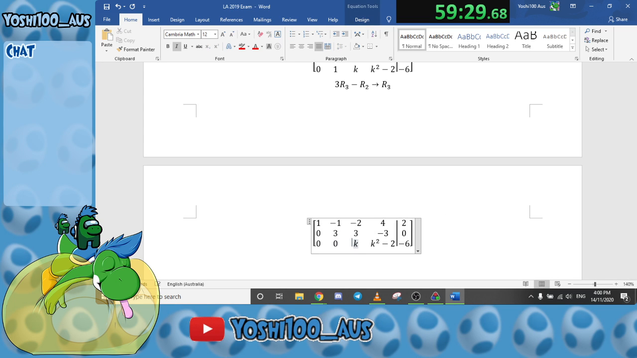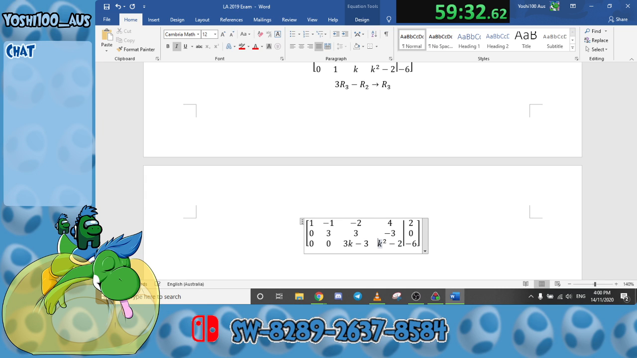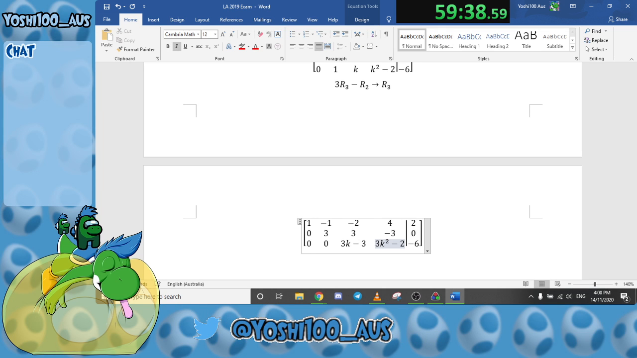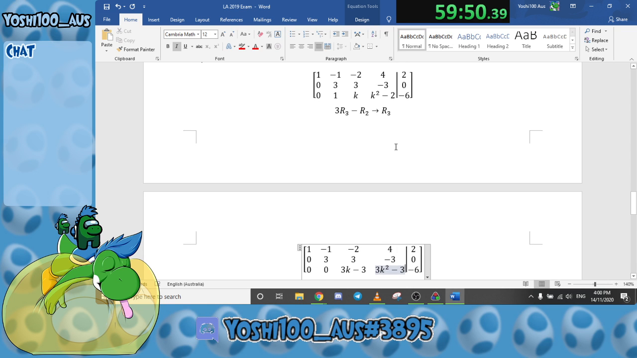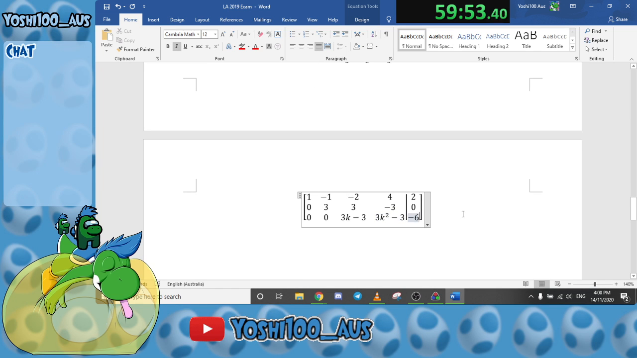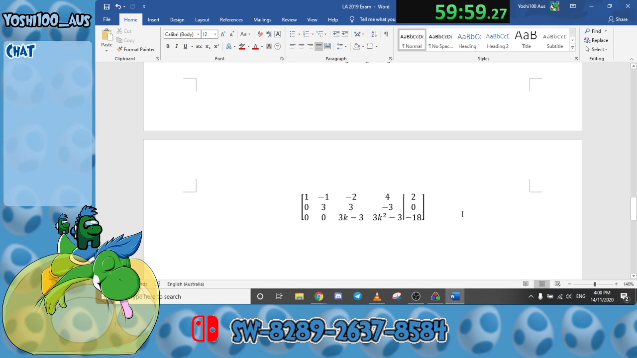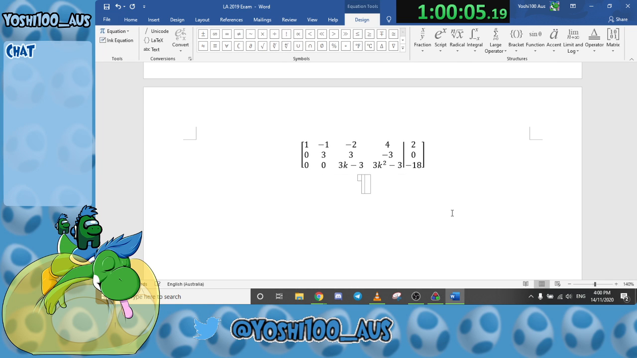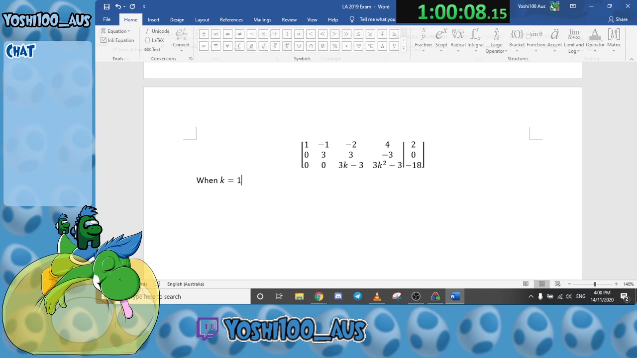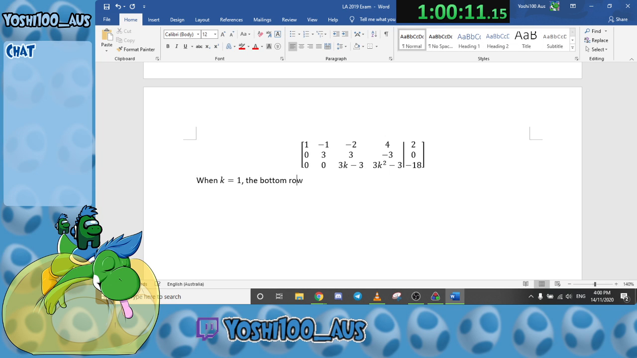So this is 0. This is 3k take 3, and this is, oh, this is big. Oh, no, it's no problem, because it's just 3k squared. Take 6, take 3, right? Plus 3, so that's 3k take 3k squared take 3. Yep. And then the bottom one is minus 18. Yep, minus 18. Okay, I think that's good. Now we can deduce that when k equals 1, the bottom row becomes